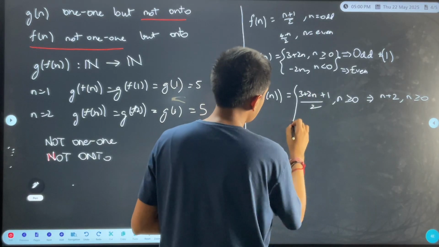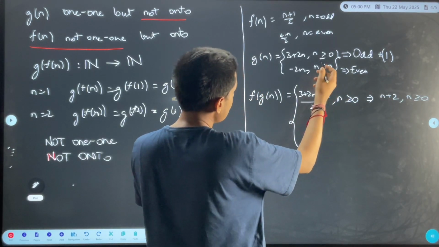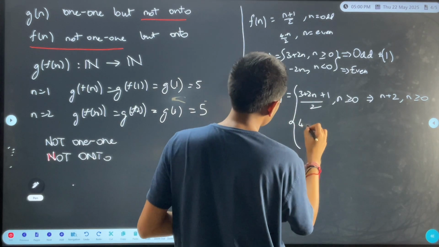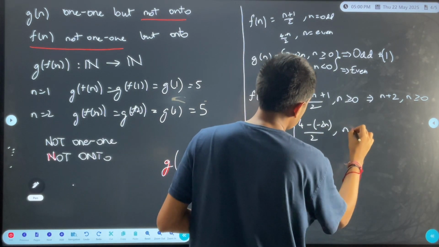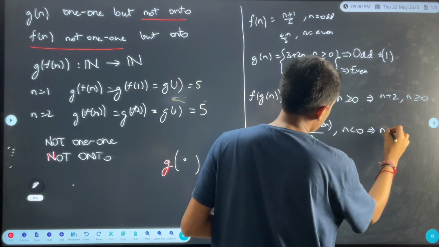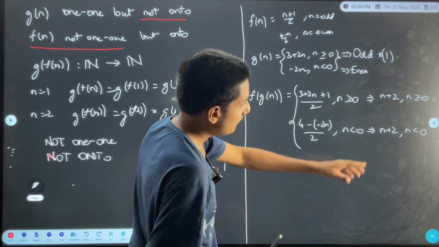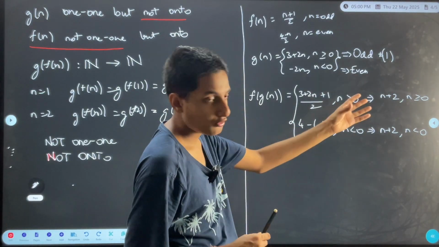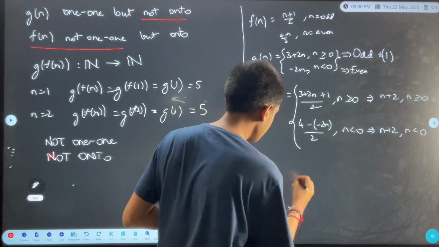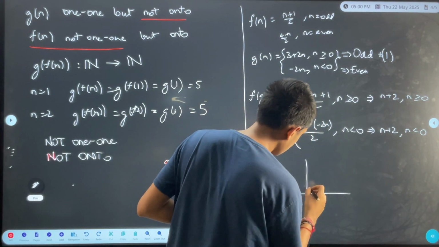And for the case n less than 0, we have (4 minus of minus 2n) by 2 for n less than 0, which gives us again n plus 2 for n less than 0. So it can be seen that the function f of g of n is n plus 2 for all the integers. So hence this plot will just look something like this,